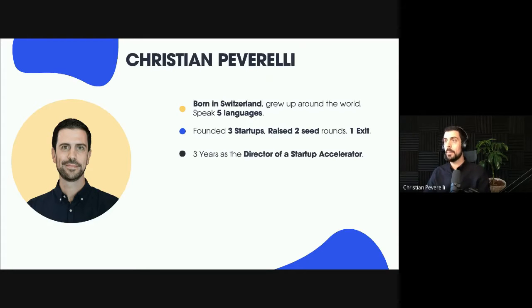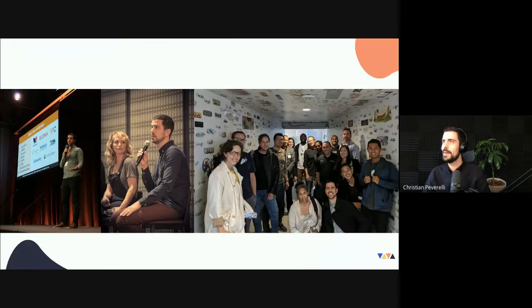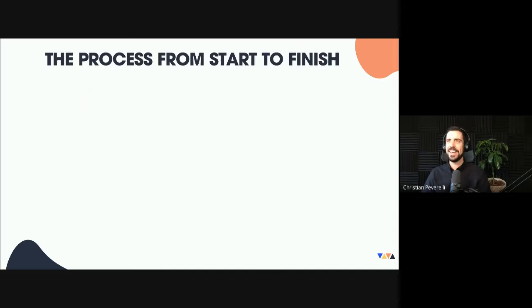On top of that, I served 3 years as the director of a startup accelerator program called Startup Boost in LA. So we trained over 100 startups who went on to raise more than $40 million and get into all these fancy investing accelerators. Here are a couple images. This was us at Google on the right, and on the left, we trained 8 teams over the period of 6 weeks, every 6 months. We would pick these 8 teams out of 400 applicants. And so I got to see a lot of deal flow go through that. I hope that you can learn a little bit from all the mistakes I've seen people make along the way.